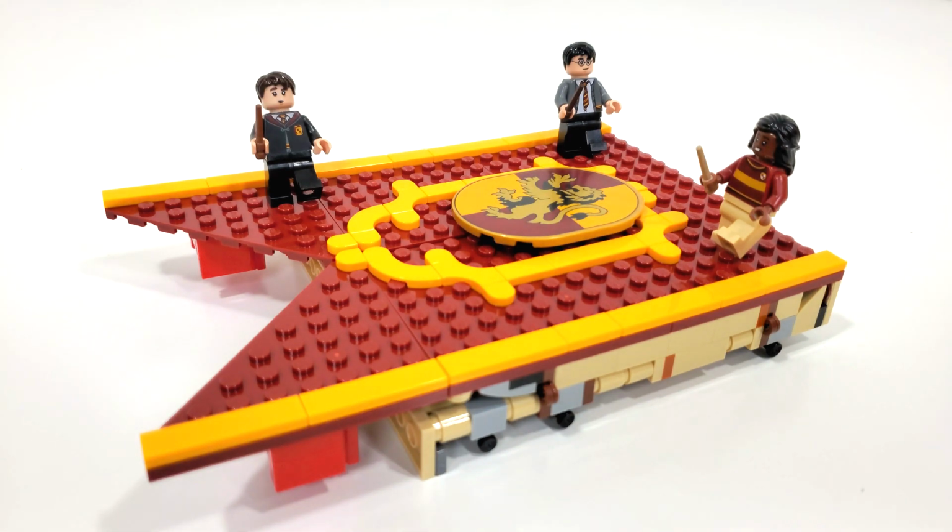I mean, if you're a member of Gryffindor House, I definitely recommend getting this banner set. The main attraction for anyone who may want this is definitely going to be that minifigure of Angelina Johnson for the very first time ever in LEGO form. Really happy to finally have her in my collection. As for Harry and Neville, we've seen them so many times, and these variants are just nothing exactly special in